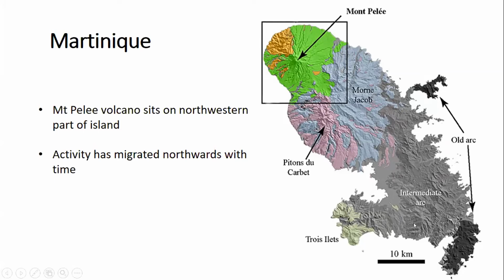And you'll see that it's all volcanic. And what's happened is, if we look geologically, the older volcanic edifices are to the south here, and then this area, what's known as Mont Jacob, is actually a couple of million years old. So volcanic activity has shifted through geological time towards the north. So we're going to focus on Montserrat.